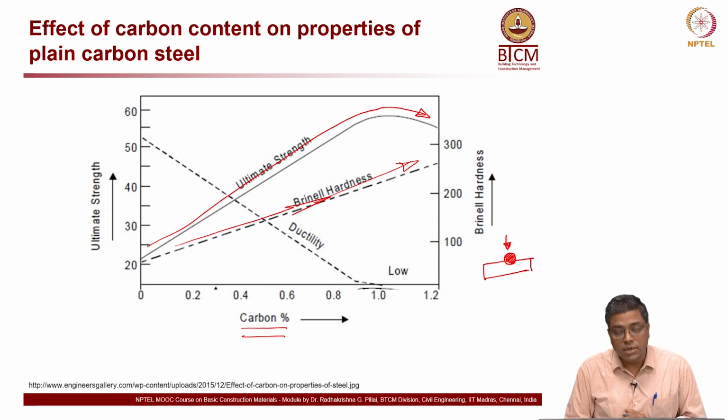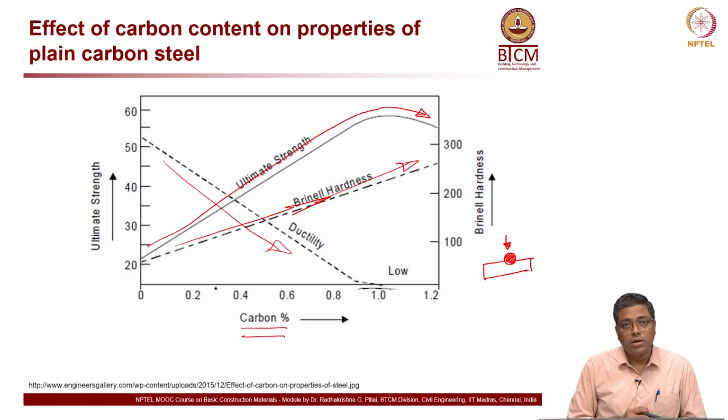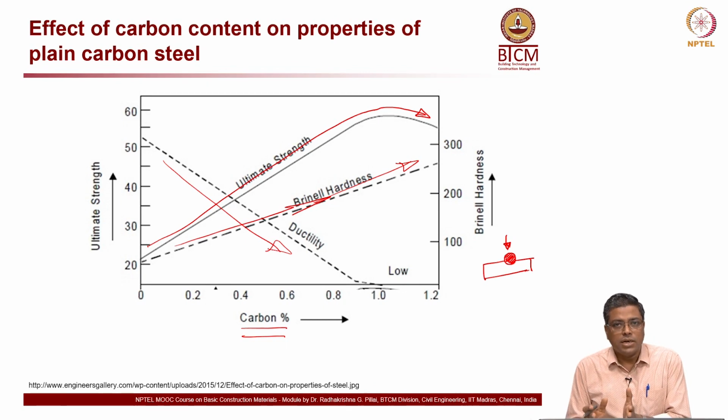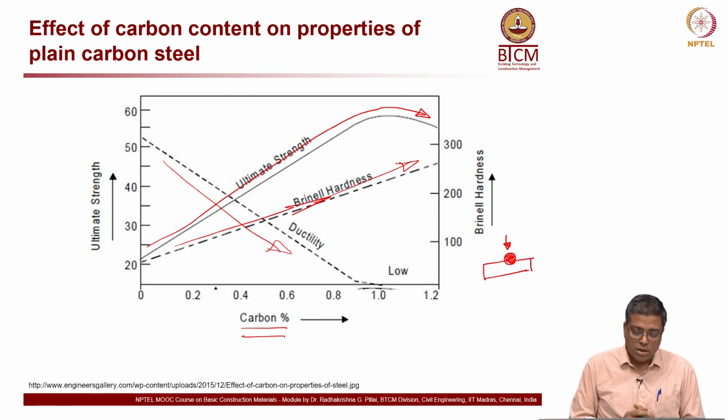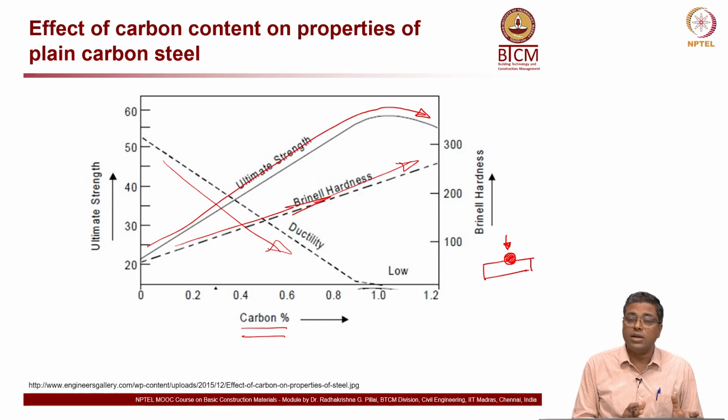Now, what about ductility? Ductility actually decreases. As the carbon content is increasing, ductility decreases, and after about 0.8 it does not have much of an influence, but you can see that ductility decreases. So, there is always this danger: don't keep on increasing the carbon content, because that will definitely increase the brittleness of the material